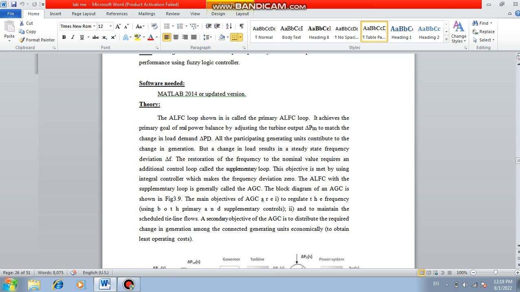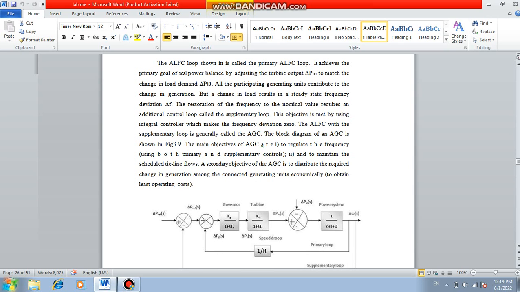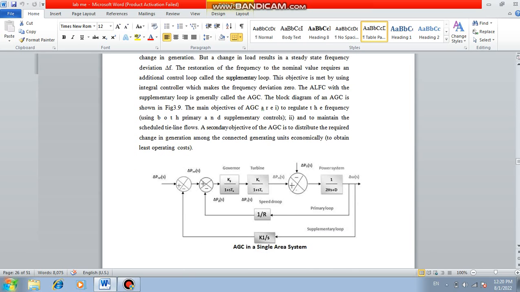The theory behind this is the ALFC loop shown. So this is an ALFC loop. It achieves the primary goal of real power balance by adjusting the turbine output to match the change in load demand. The steam input is adjusted to match the change in the output load. So this is a governor, a turbine, a power system. It forms a primary loop, secondary loop,